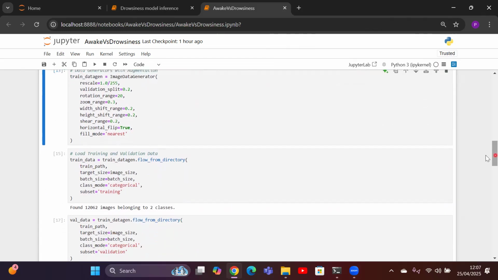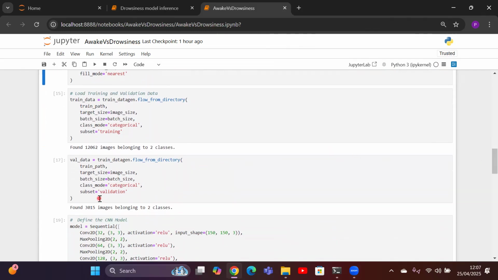After data augmentation, I need to pass the folder. We know that for training, we need to understand what the accuracy is. We need to have 2 folders: one is train data, another is validation data. We will be using the train_datagen flow_from_directory function to pass what your data for train is. This is the train path. What is your target size? What is your batch size? And what is your class mode? We know this is a classification problem, so categorical, and this is called the training subset. And from the same data, we generated another subset called validation. We will train on the train data and we will validate the model on the validation. This is the purpose. You can see here almost 12,000 images for train and there are 3,000 images for the